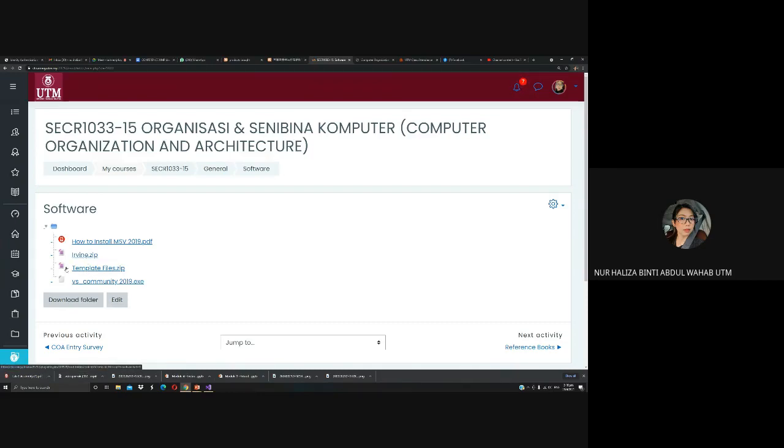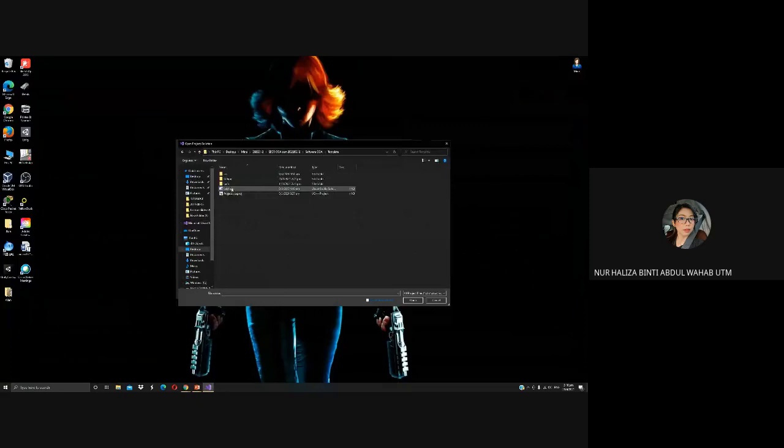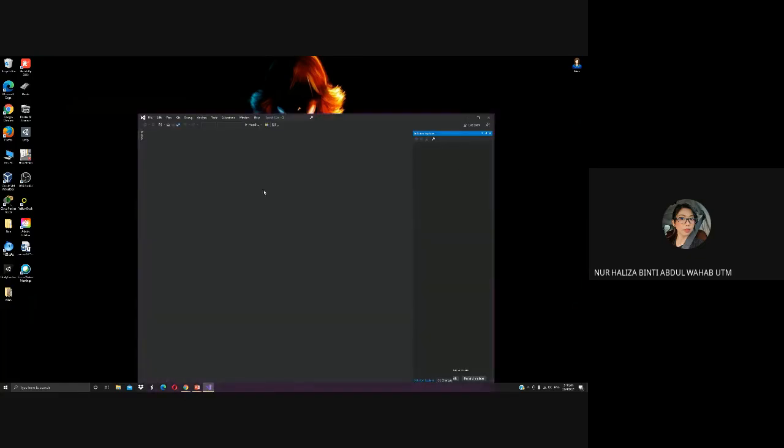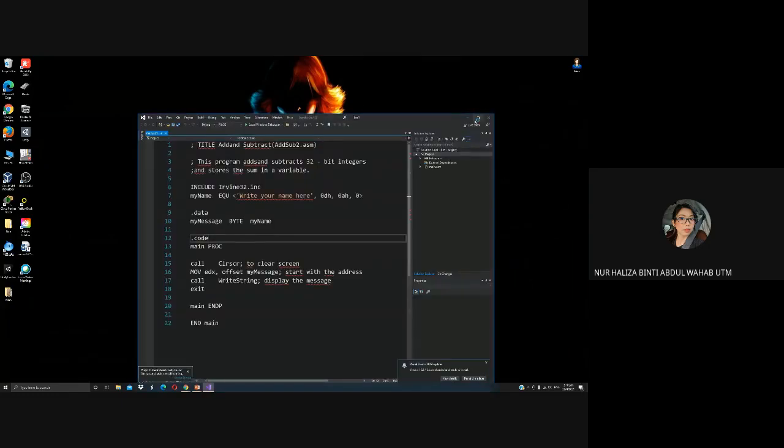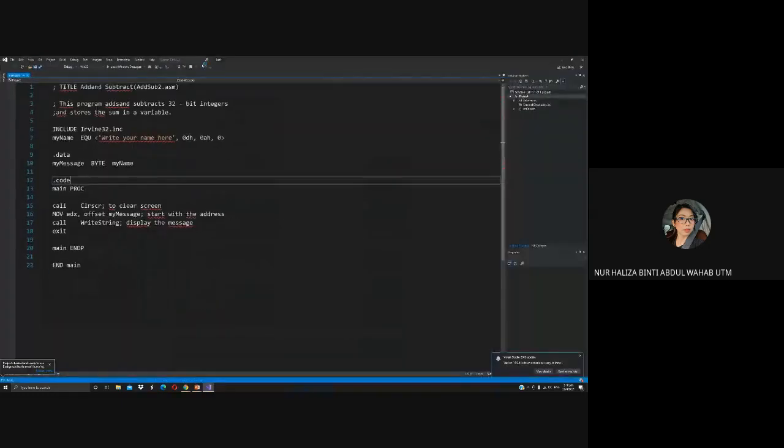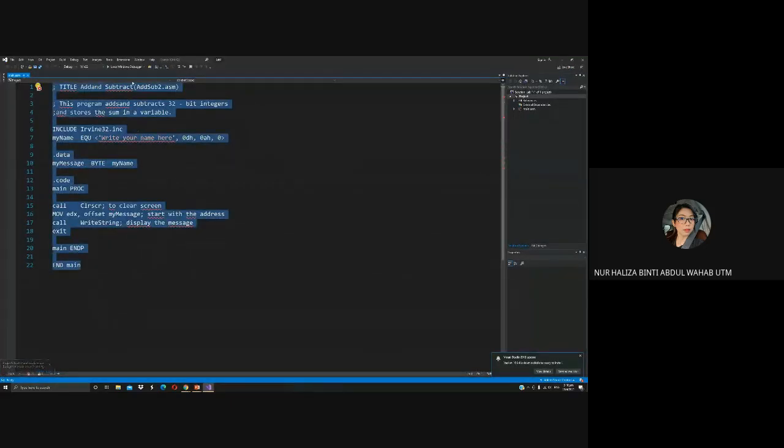So in your template, this one, you need to put it in your local disk, and you will find out there is, I forgot the name basically, but please find the .sln. So when you open, it's going to look like this. So if let's say you try your first programming and there is error, please make sure you look into this